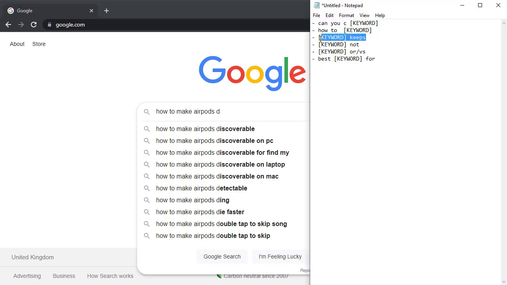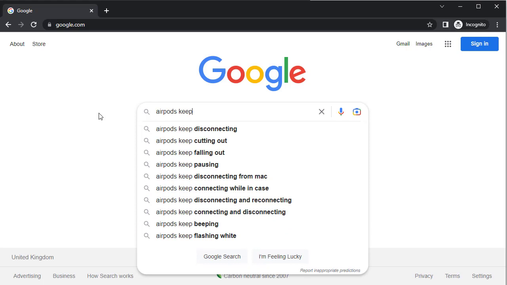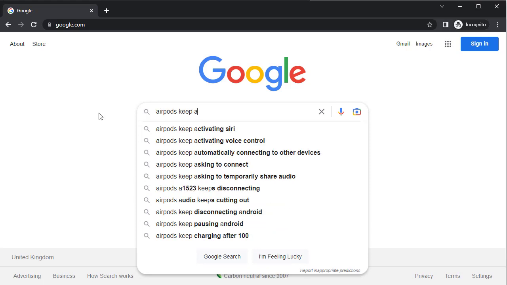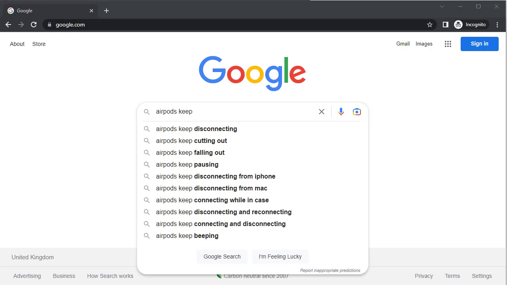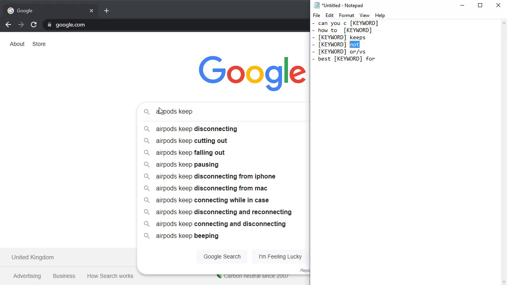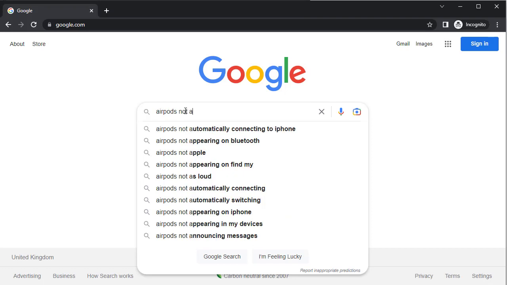Then there's also this one that's good, so keyword keeps, so we could do AirPods keep or keeps, and then we could do A, activating Siri, activating voice control, B, beeping, breaking up. So that's another really good one we could use. We could also use the not, so AirPods not connecting, automatically connecting, appearing on Bluetooth, Apple, appearing to Find My as loud,